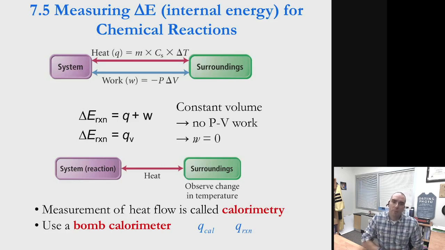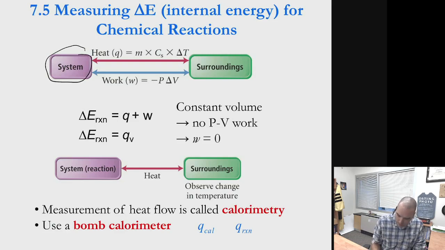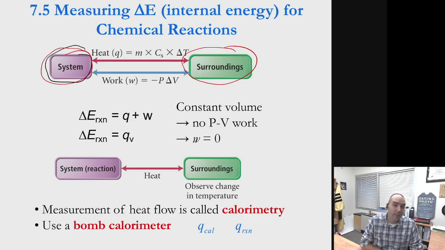So one of the ways we can measure the internal energy of the system is to study the chemical reaction. So when we think about the system, remember that we had the ability to quantify the amount of heat and the amount of work that was done in the change in internal energy from the system to the surroundings or vice versa. So we have this ability to study a reaction and study the amount of heat and work that is done, heat transfer and work